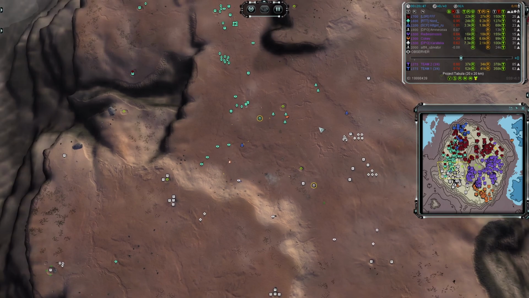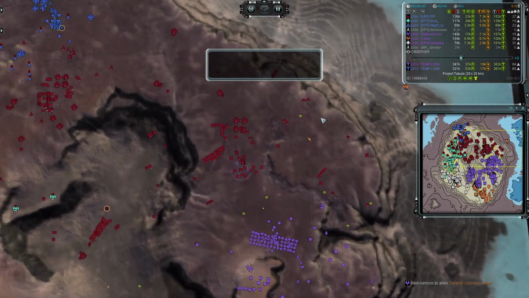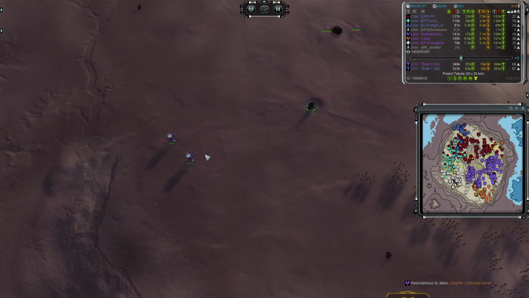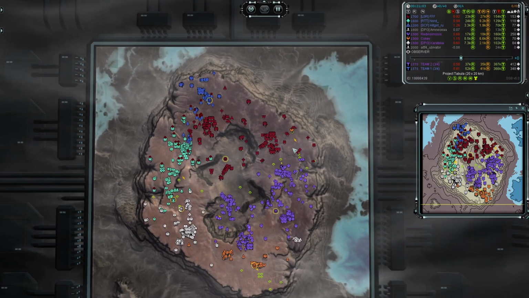Those very valuable Restorers are going to get destroyed here. I probably shouldn't have spent so much time just looking at a couple of Restorers. More Titan raids, of course, from the opposite side as well, destroying a couple of mass extractors. They were intercepted by Percivals, however, interestingly enough, so there are a few Percivals left in the back to guard